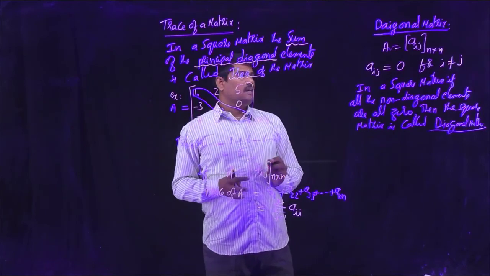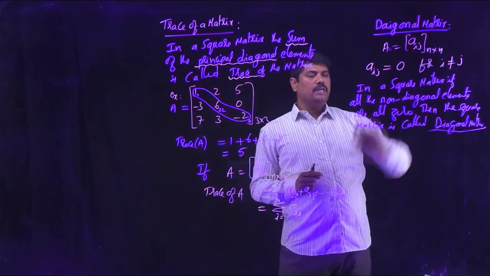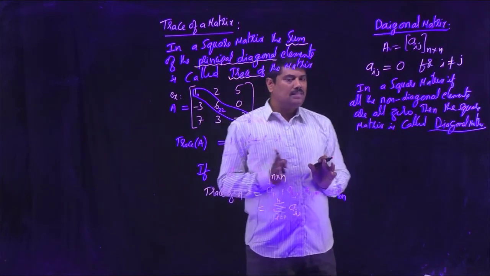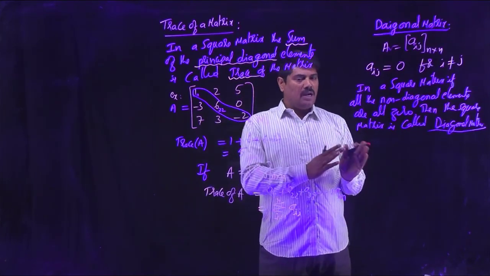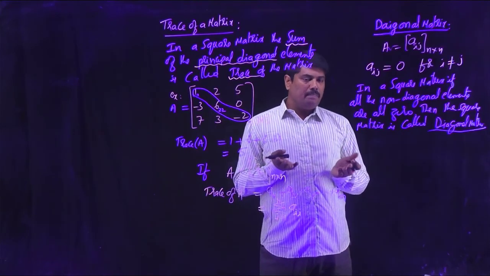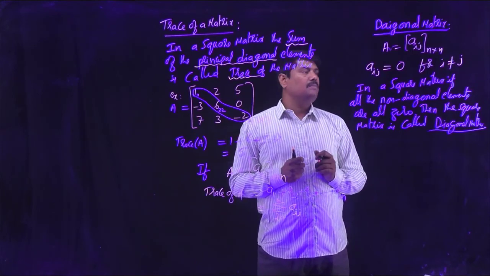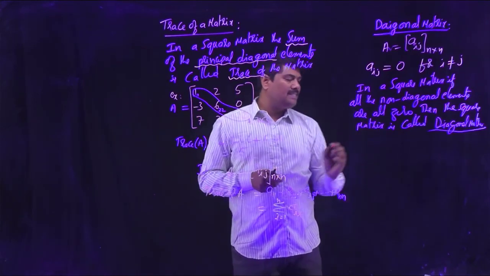That is the concept. You can explain the definition with the Aij notation. You have to remember: Aij for i not equal to j, and Aij for i equal to j. For i equal to j, they are simply diagonal elements. For i not equal to j, they are non-diagonal elements. So let me write one example.